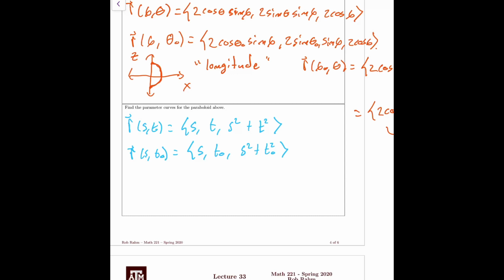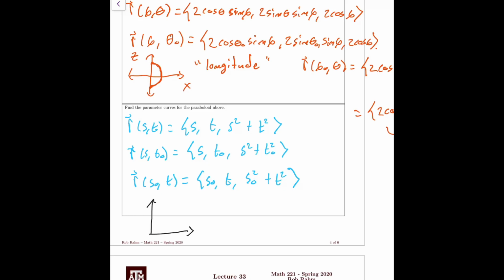Okay, so if you look in the xz plane, you're going to get a parabola that's shifted up. And if you do something similar, if you look at r of s naught, t, this is (s naught, t, s naught squared plus t squared). Okay, so let's see if I can